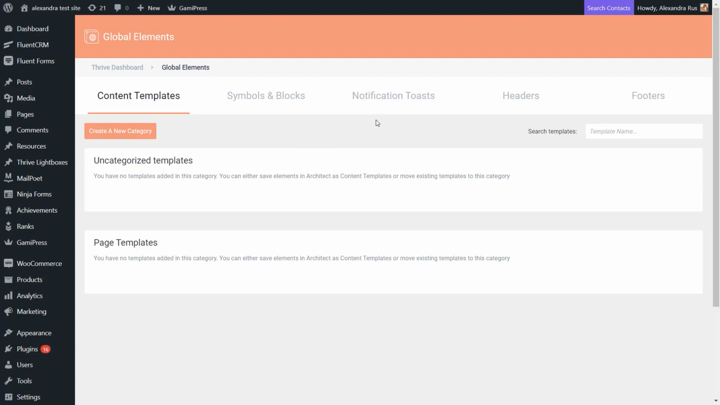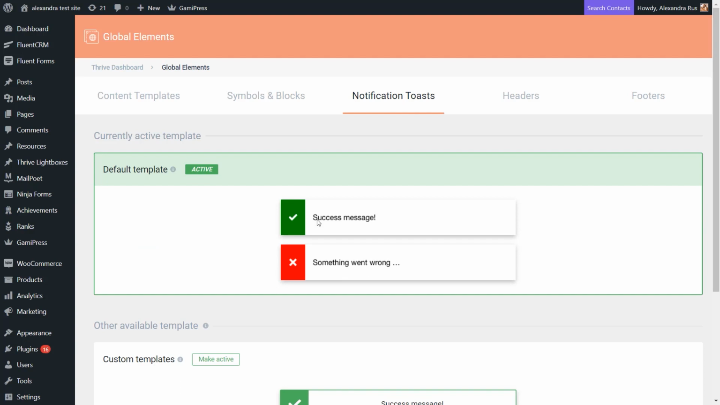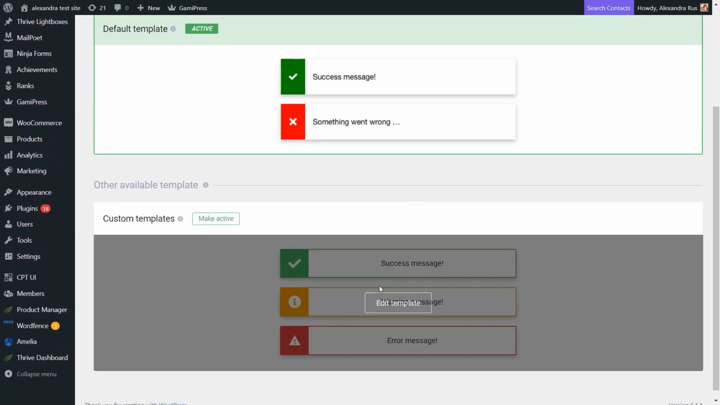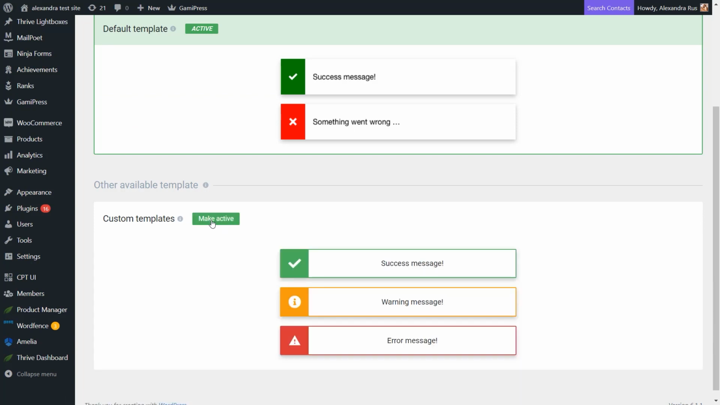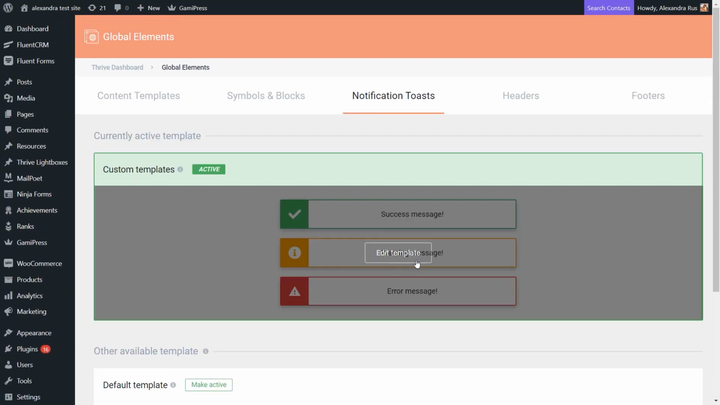on your website. Now for the notifications I was telling you about, we will have to click here on the Notification Toast tab and we get to see which is the active template. The default ones cannot be modified, so you have them displayed across your website as they are right here. The custom ones, on the other hand, are easy customizable. So what you need to do is just apply this set, so make this one active, and then launch the